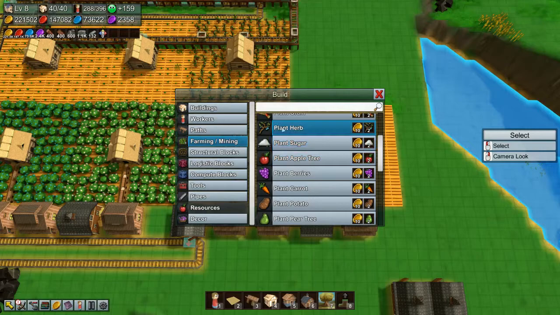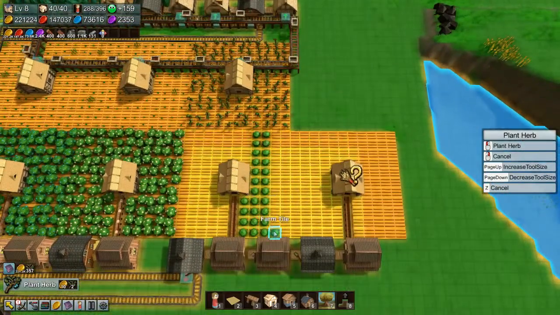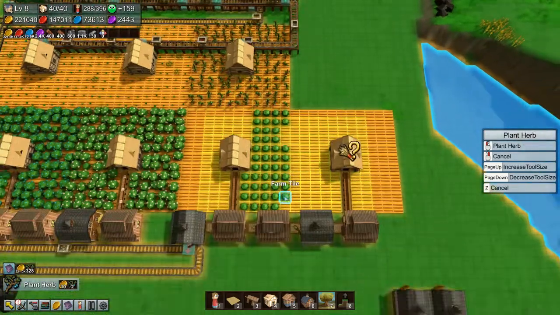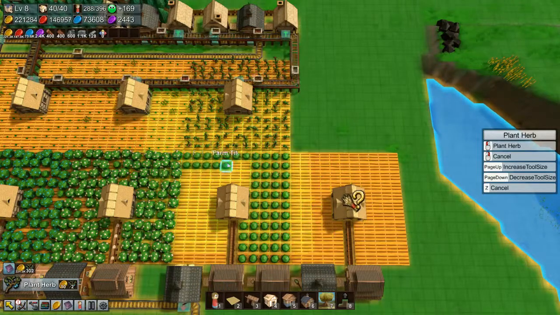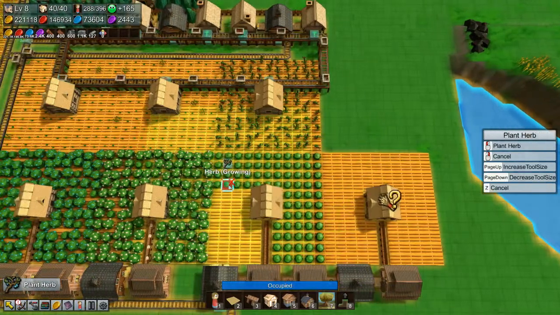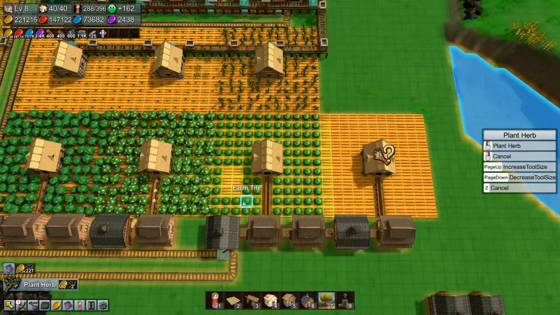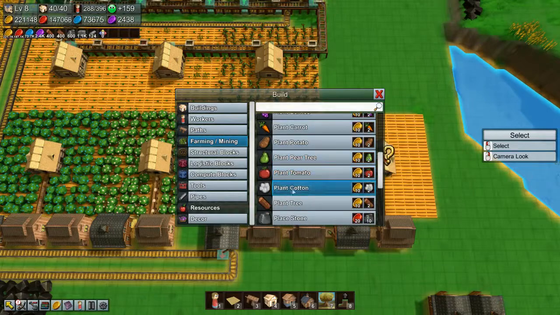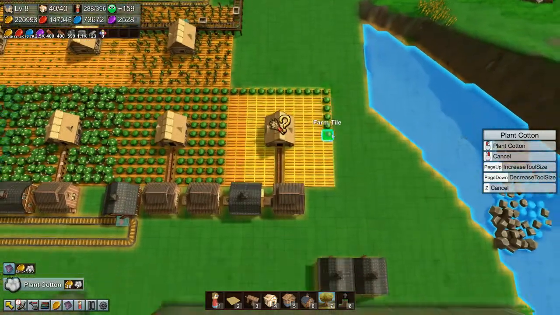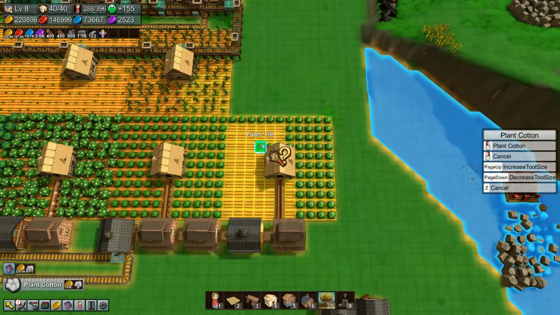So, herbs, just here. Yeah. So the easiest way to do it is it's 4 from the main building. So as long as you know that, you don't over sort of extend one growing zone. So cotton will take a little while for this to start growing, unfortunately, but